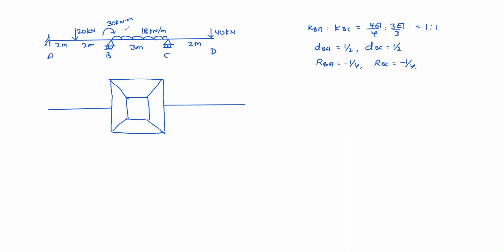Here 30 couple is there, means just assume there is a leg like this. Assume there is a leg like this and apply a couple 30 on the leg. For that, fixed moment will be anti-clockwise 30. That means while putting fixed moments here, what is AB fixed moment? MF AB minus 10. MF BA plus 10. Minus 10 plus 10. MF BC how much? BC minus 9, CB 9.